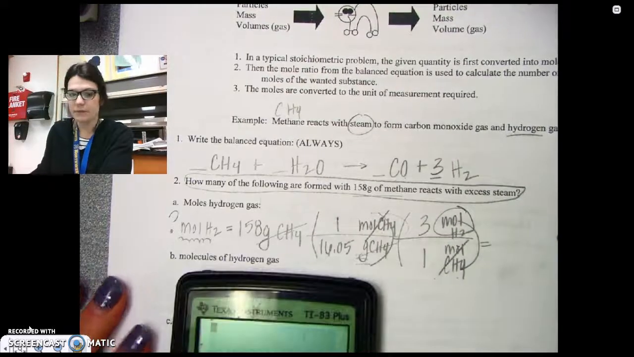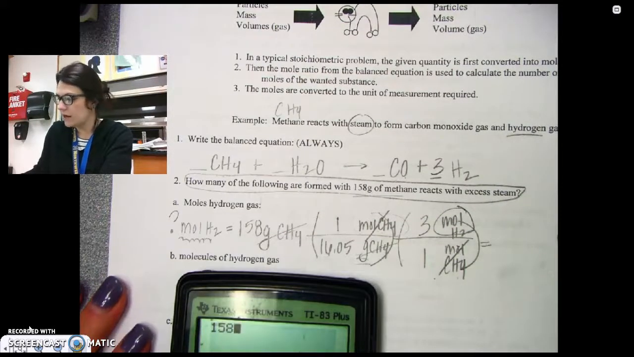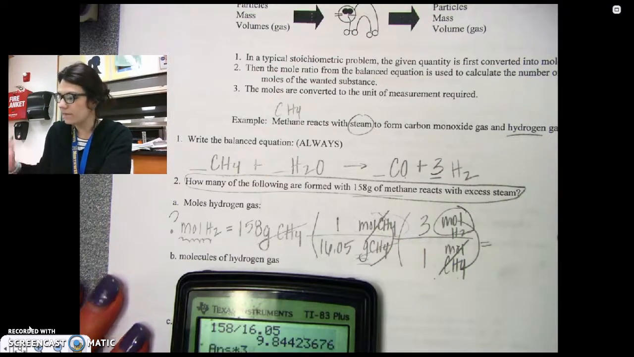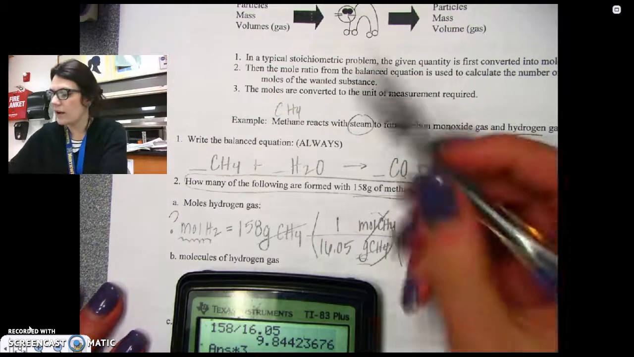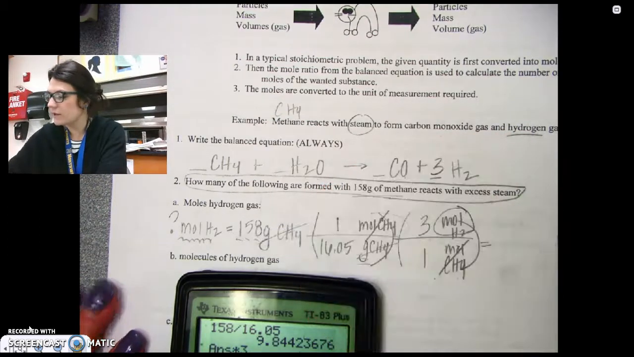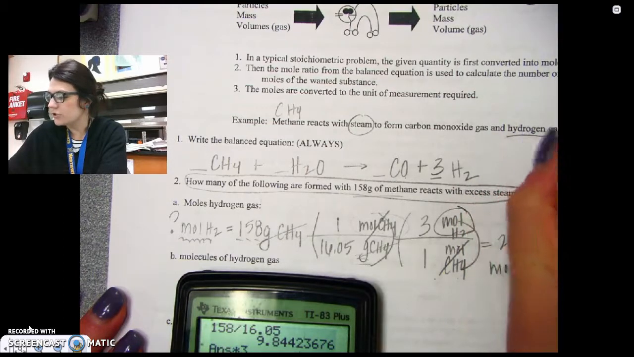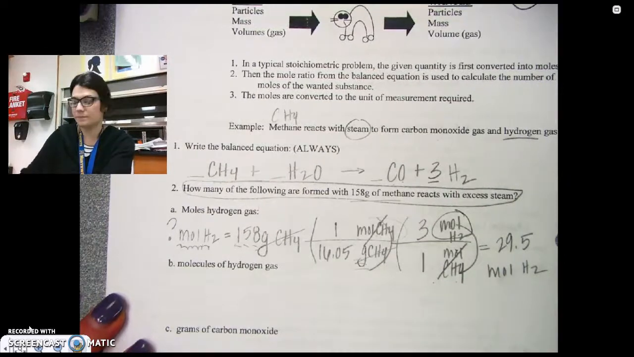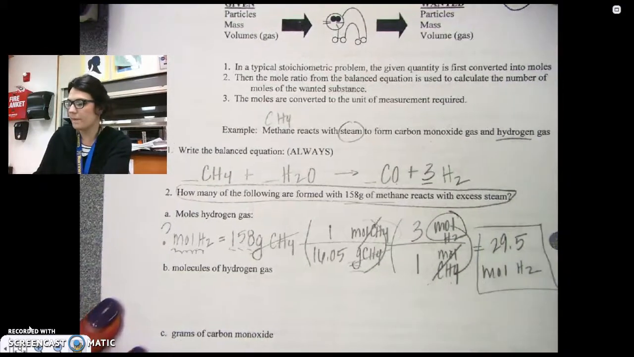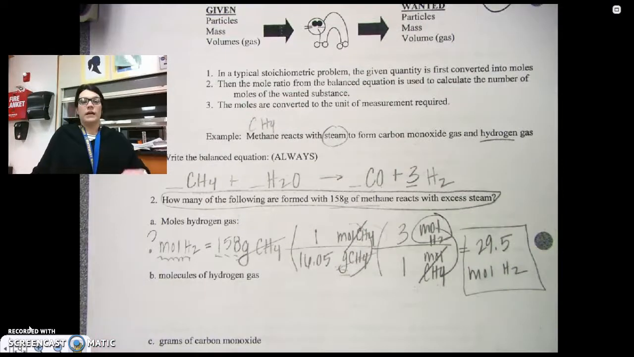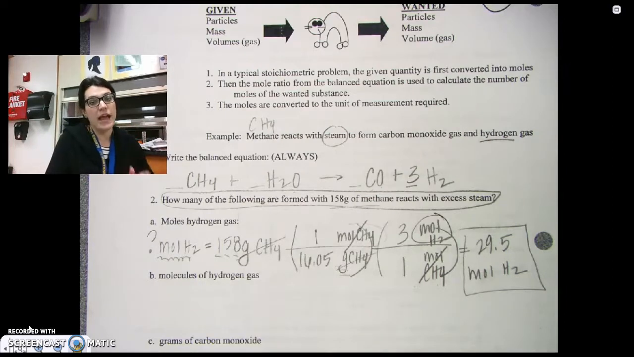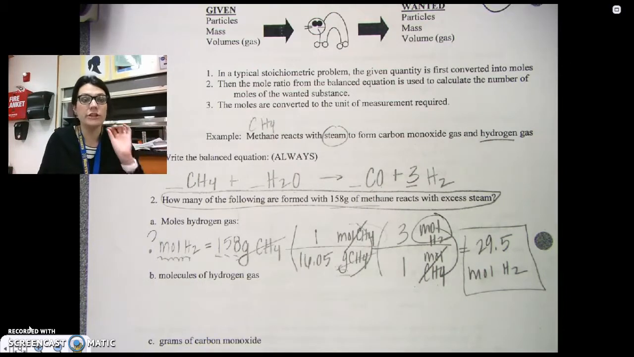So, I'm sorry, 158 times 1 is itself, divided by 16.05 times 3. And I get 29.5, and since I have 3 sig figs, I will have 29.5 moles of H2. And that's my final answer. Okay? All right. Now I'm going back to part B, which says molecules of H2 gas from the 158 grams